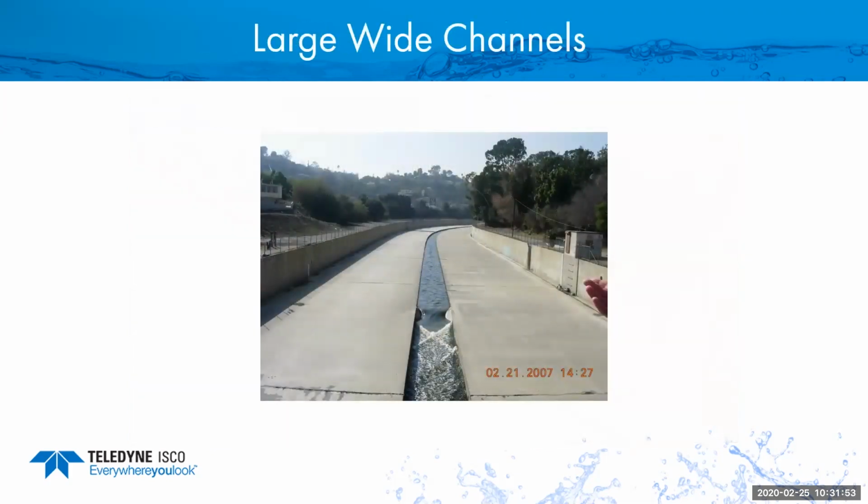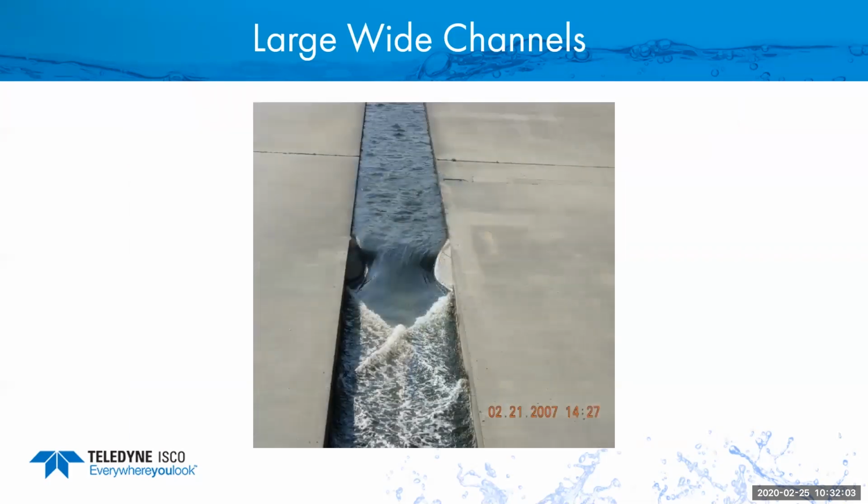Here's a channel in California. If you're from California, you've probably seen these. Normal flow is very low, so they have a notch in their wide rectangular channel. This is where they were trying to measure before. They had a makeshift flume that wasn't accurate, so they're able to use the laser to measure the